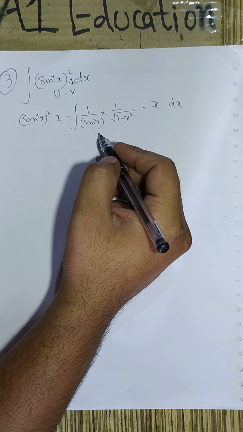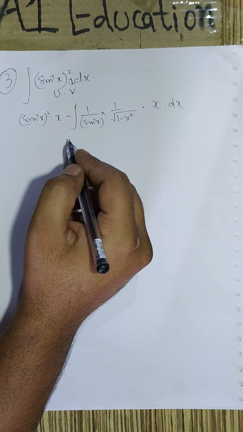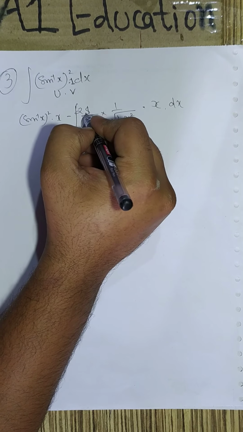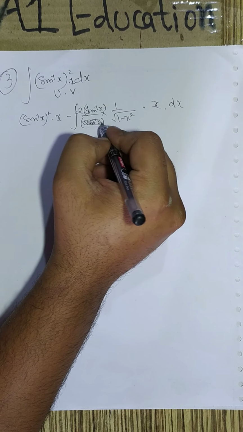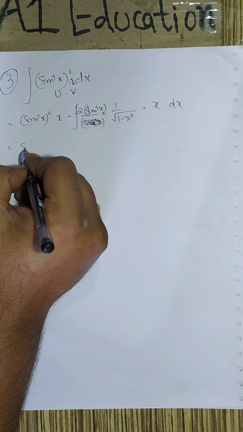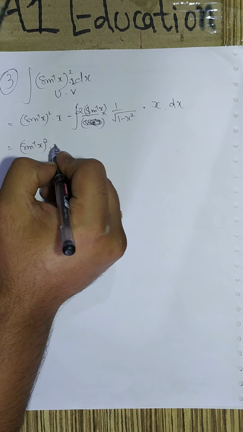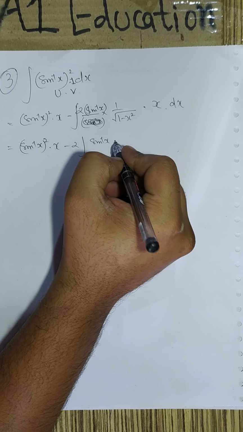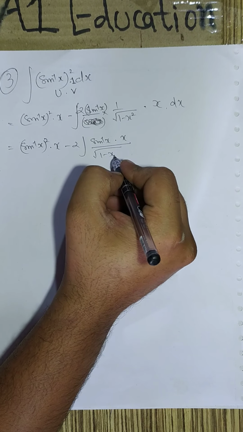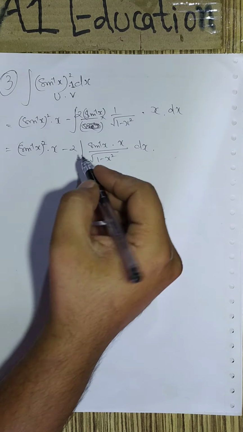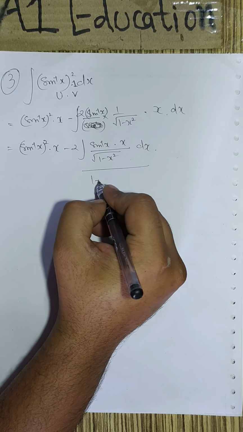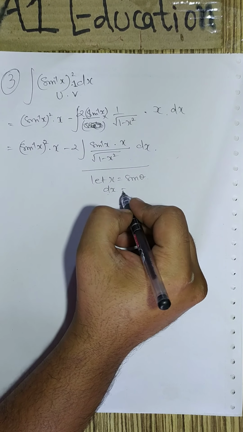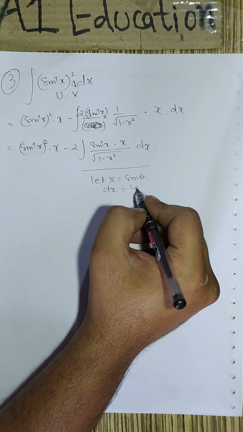Let us simplify this. It will be 2 sine inverse of x, not in the denominator. Sine inverse of x whole square dot x minus, the things remaining are 2 taking out common, sine inverse of x dot x upon square root of 1 minus x². To simplify this, we make use of the assumption that let x equal to sine theta, which ultimately yields differentiation of x, dx will be differentiation of sine, cos theta d theta.